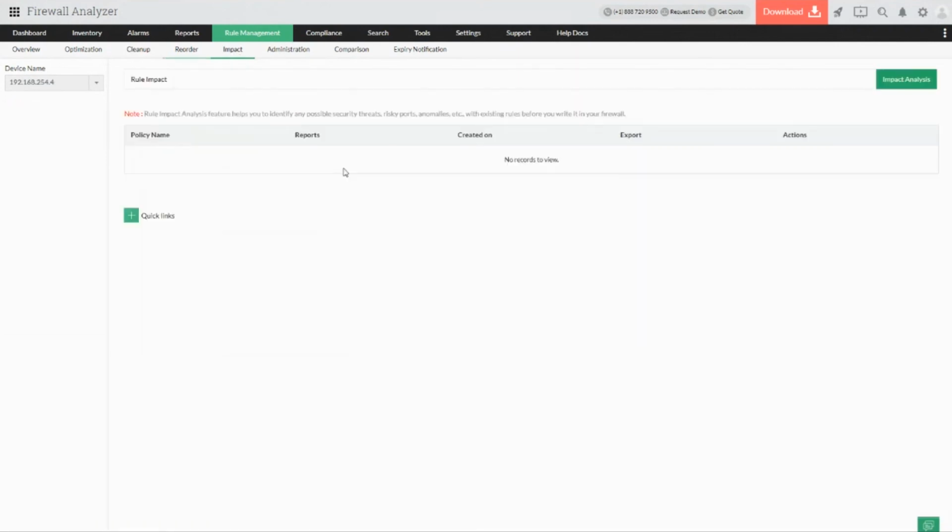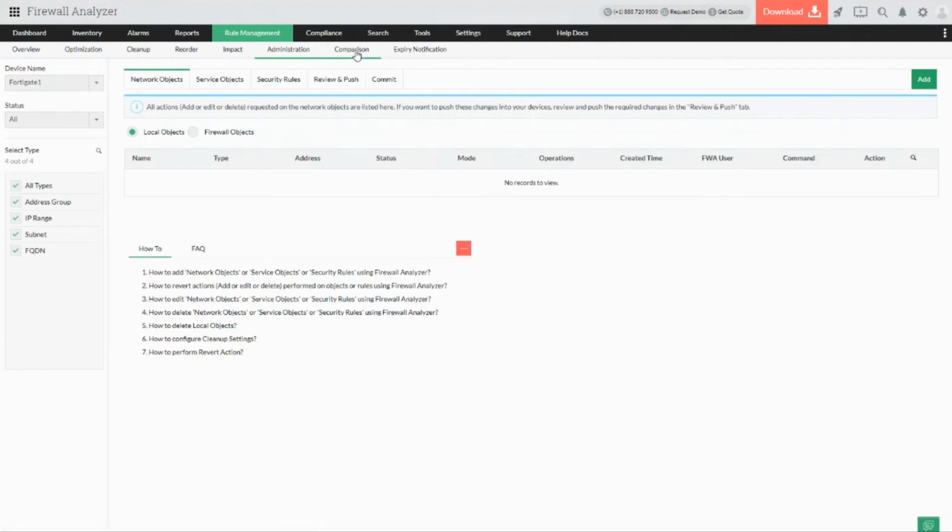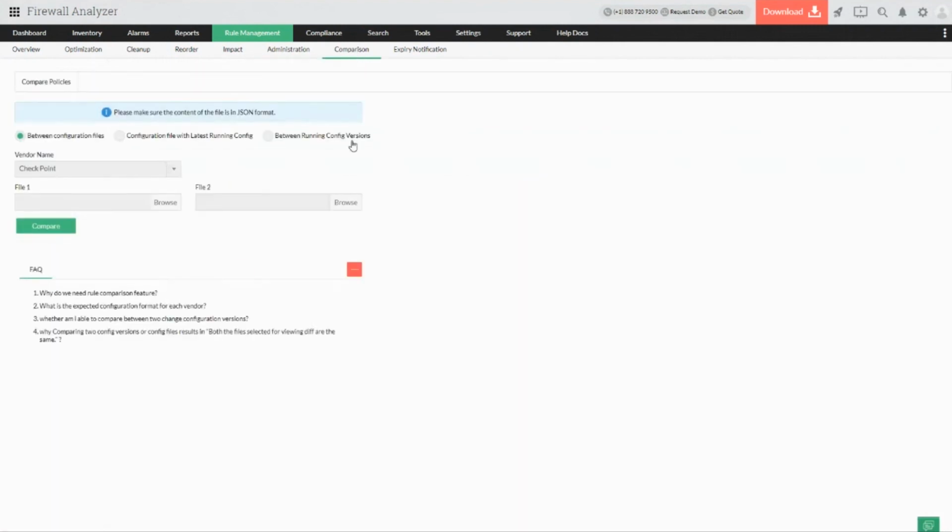And likewise, you have the impact and the administrative tab, which gives you a detailed picture of how the rules are impacting your environment, how they are administratively managed, and how you can change them. And likewise, you have a comparison tab where you can select two different files or backups from two different sites and compare them. The expiry notification covers the vendor's firmware and the product's expiry, which gives you a detailed picture.